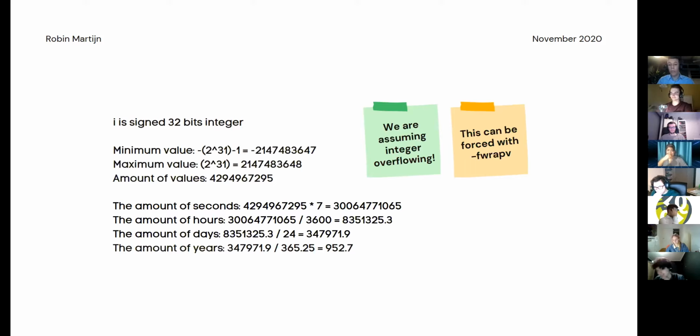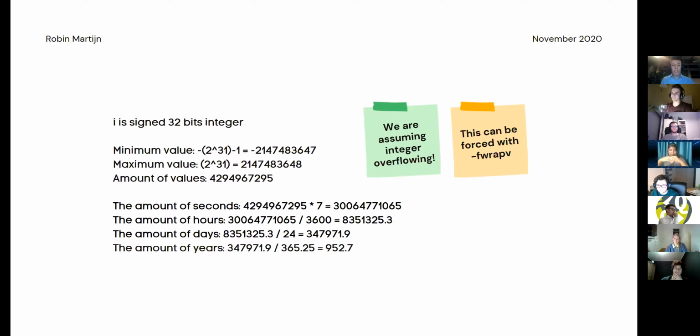Then we wrap to the other side. This is for GCC, it's standard behavior, but it isn't standard behavior for C. The standard defines this as undefined behavior, but most C compilers will automatically wrap. If you want to force this, you can use -fwrapv as an argument for GCC, and then this behavior will be the standard behavior.